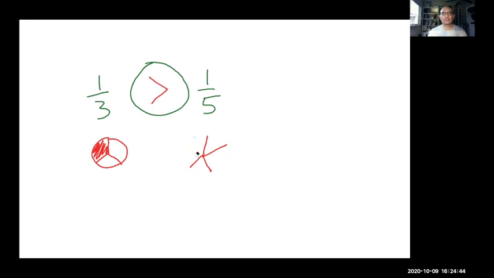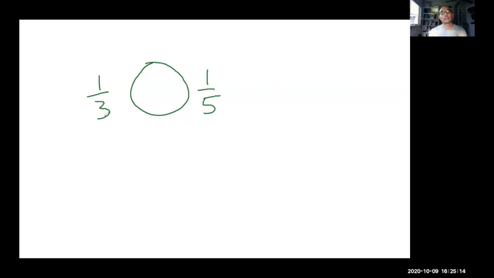However, that doesn't work with all the problems, just because if I say it's 17 20-seconds or 23 35ths, you're not going to be able to draw a pizza with all those slices and have it be even and have it look right. So the better way to do this is to make these fractions have the same denominator. It's just like in 5th grade when you had to add fractions with different denominators. It's the same thing. So first thing we have to do is find the common denominator between 3 and 5,